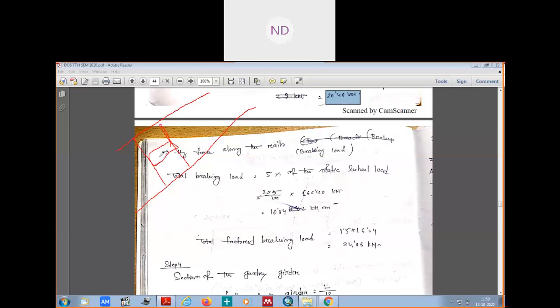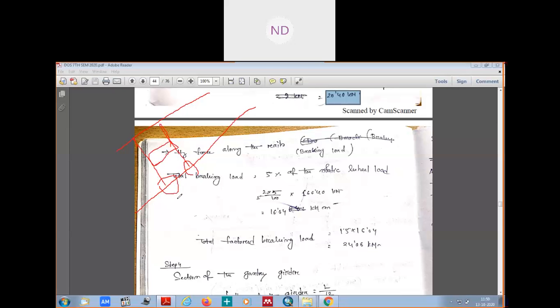So the braking load is the load on this gantry girder due to these two wheels, because it is moving in this way. When they apply brakes, what will happen? There will be some impacts, and those impacts are nothing but the force along the rail section here,